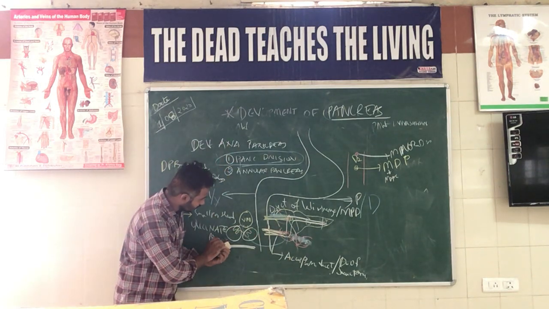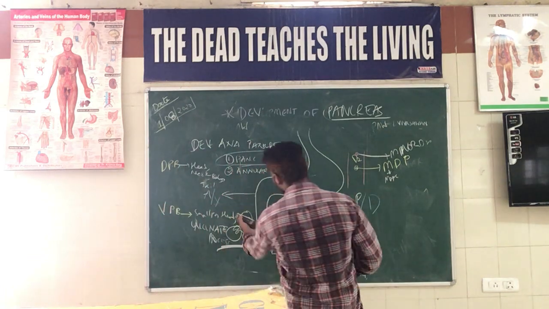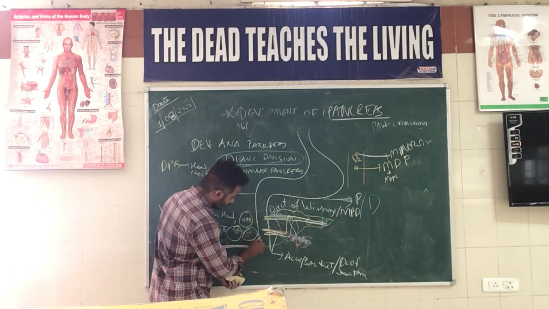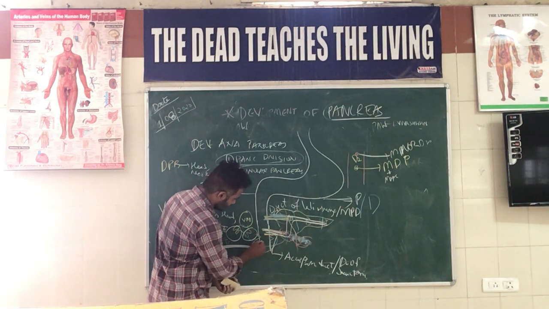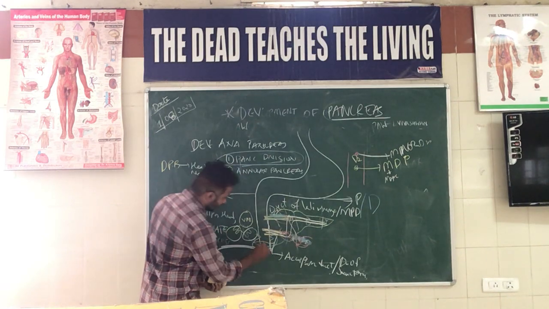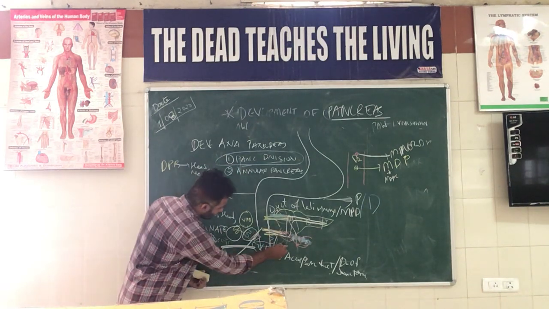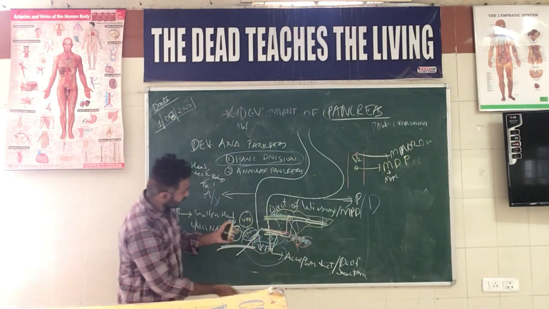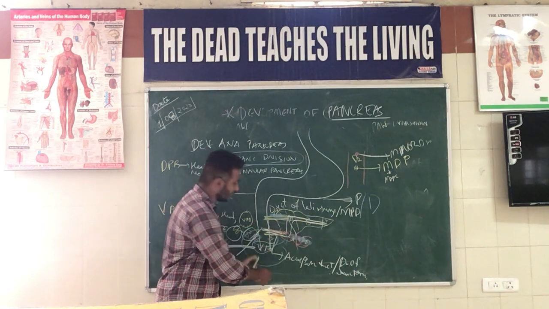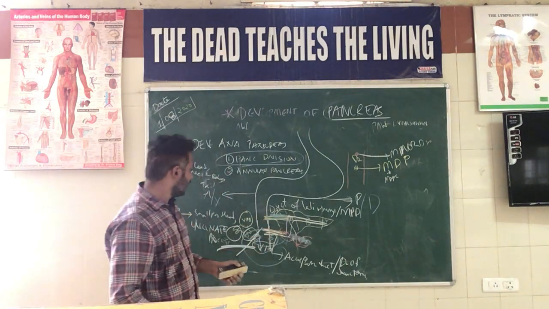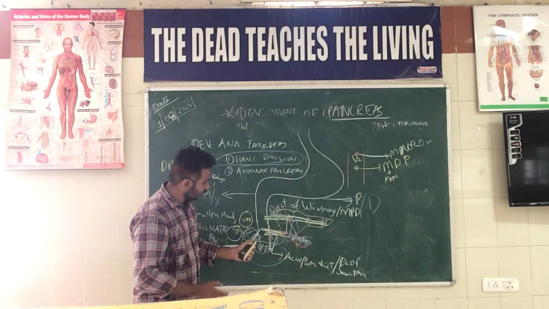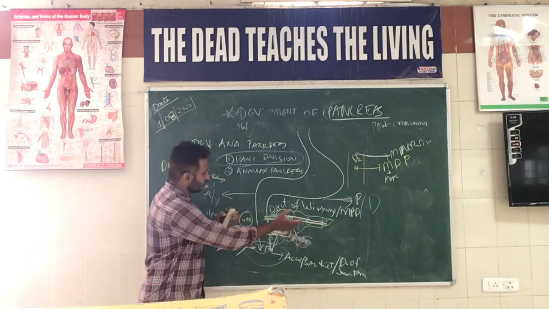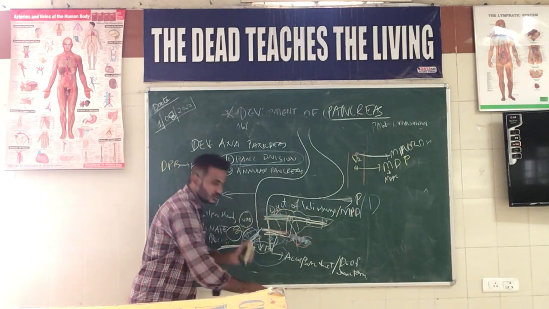So during the process of this rotation, the ventral pancreatic bud may sometimes, because of this diverticulum, get hooked up here. This is the ventral pancreatic bud, and the diverticula of this ventral pancreatic bud will be just hooked to the small intestine and the duodenum. Later on, they may fail to separate out from this duodenum.